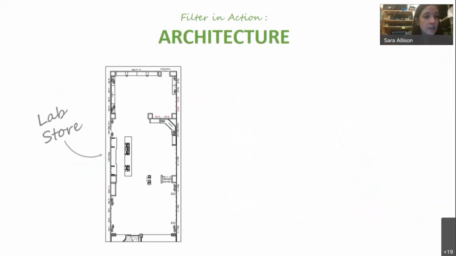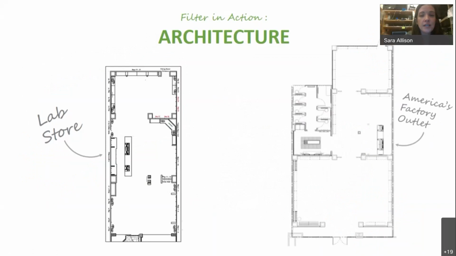Okay, so looking at architecture in action, we're just going to see an example of a store that may have to make a few adjustments based on how they're laid out. On the left, we see the lab store laydown, and on the right, we see this particular store's floor layout. It looks like this store is maybe much bigger than the lab store, but they have an added component of being a factory store, which means that they need a lot of room for clearance. And here on the right, we see these 2 bays that are given to clearance.